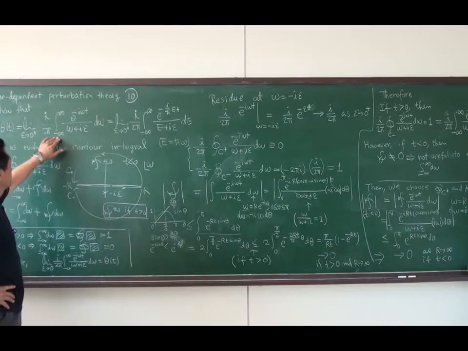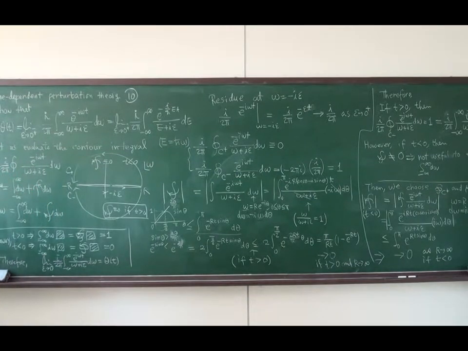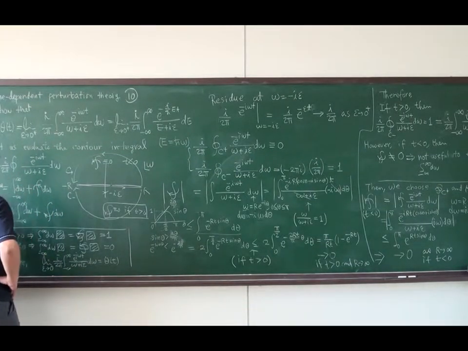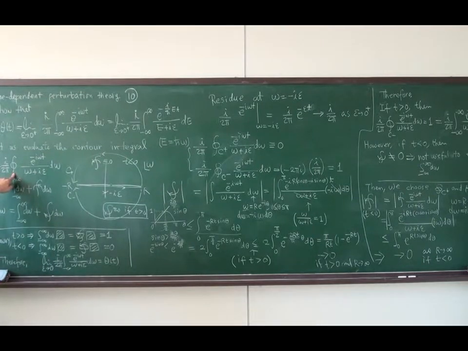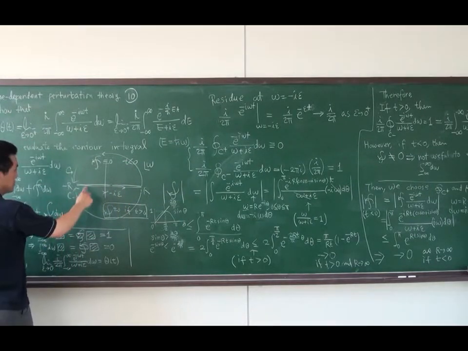This is the integral from minus infinity to plus infinity, that is along the real axis, and we can obtain the contour integral along a closed contour. Let us define this contour integral like that: I equals i over 2 pi, contour integral along a closed path, minus exponential minus i omega t divided by omega plus i epsilon d omega. And this is the contour I introduced. This is C plus and this is C minus,